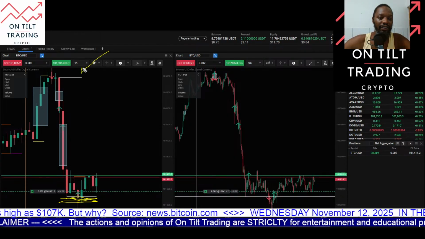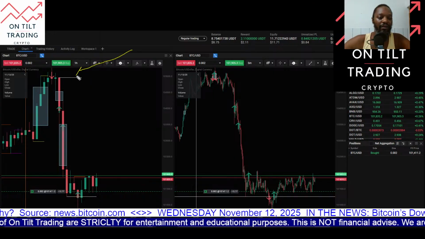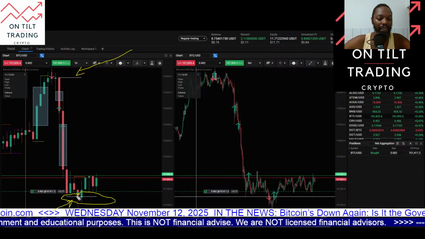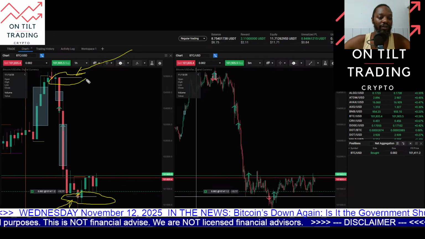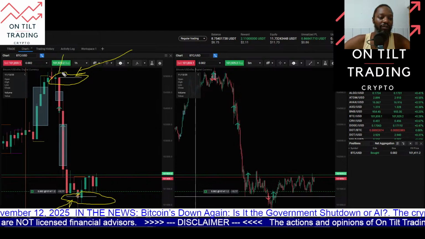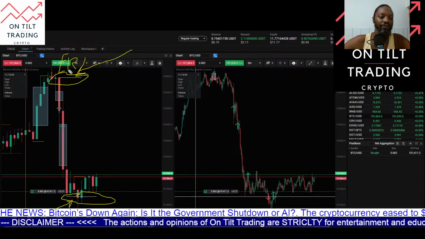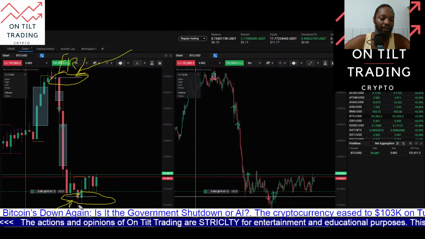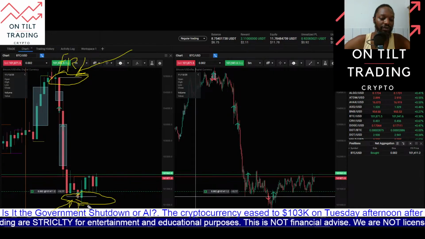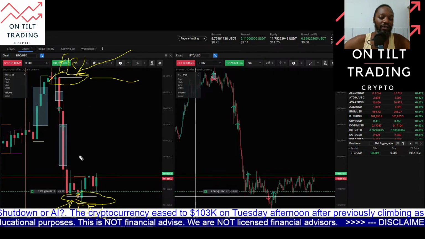So this is the New York AM high here, and this is the New York AM low, where this white line below here and this white line here. So this whole area above here is external range liquidity, and this area below here is external range liquidity as well. And then everything in here